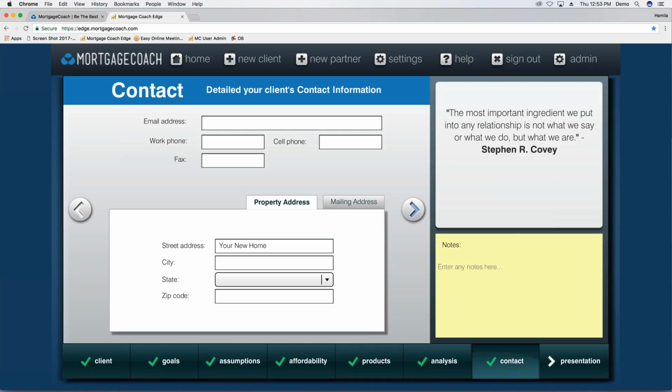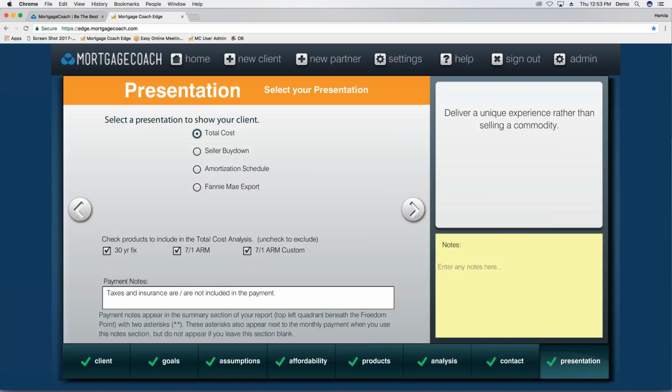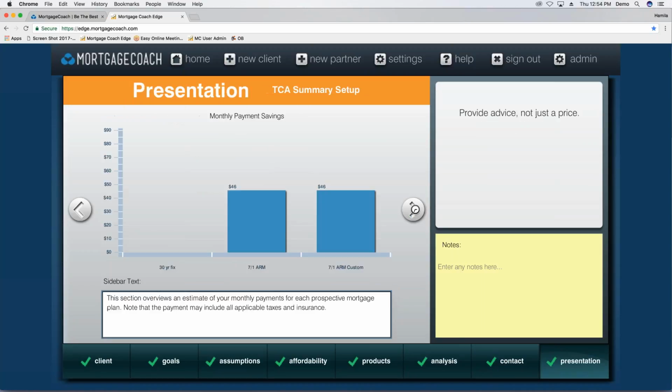Now moving forwards. Here I can choose my presentation. I'm going to leave it on total cost analysis. And then if I didn't want to show that custom ARM, I could simply uncheck it. I'm going to leave it checked because I want to show you guys the differences. Taxes and insurance are not included in my presentation, so I'm going to clean that area up. And now I could carrot through the next few pages, but I already know I've made the adjustments I want,